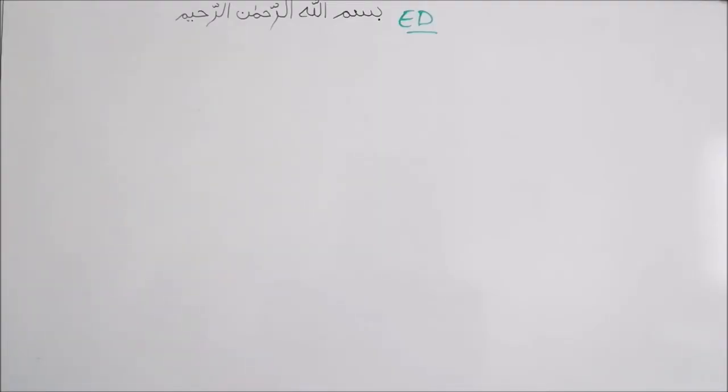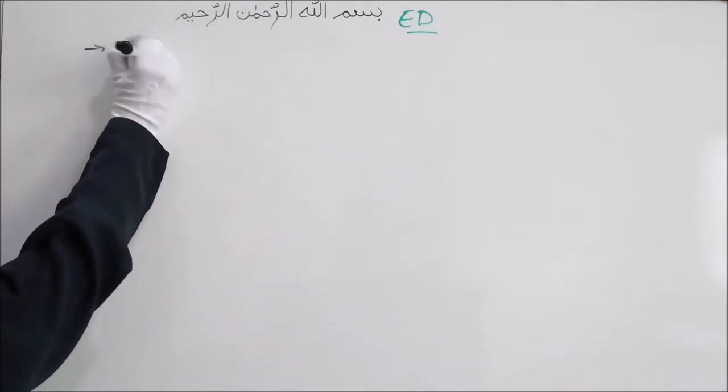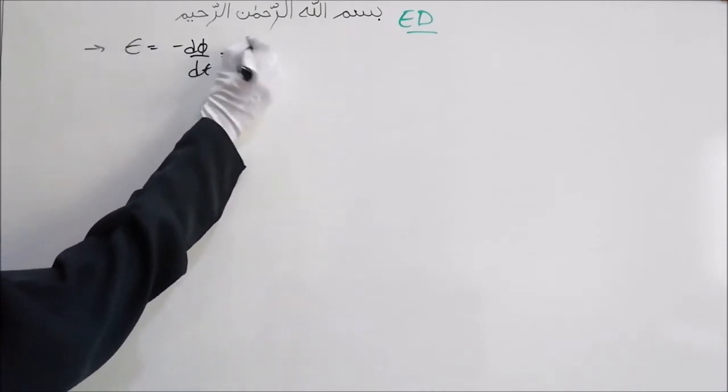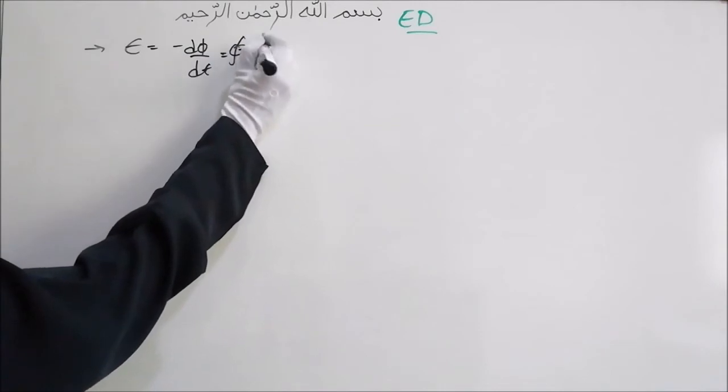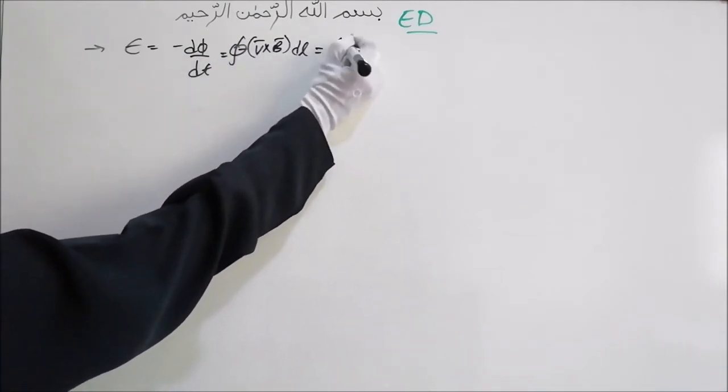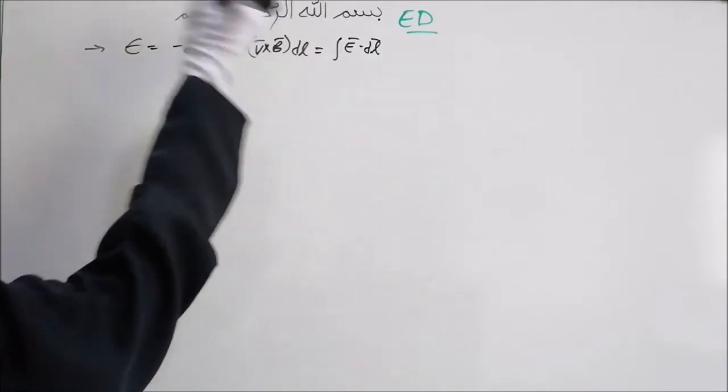Hi friends, in the last part we started with electromagnetic theory and we saw EMF and how the translational motion of a wire in a uniform magnetic field induces an EMF in the circuit, right? Now what? We saw various formulas for EMF, which was minus dΦ/dt, which is also equal to the integral of (V bar cross B bar) dl, which was also the integral of E bar dot dl bar, right?